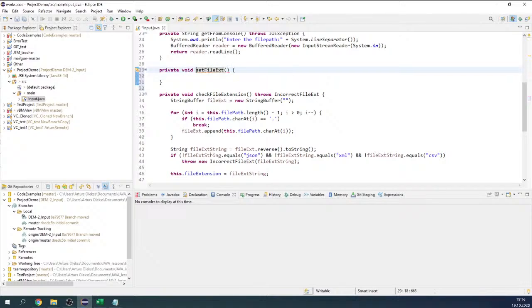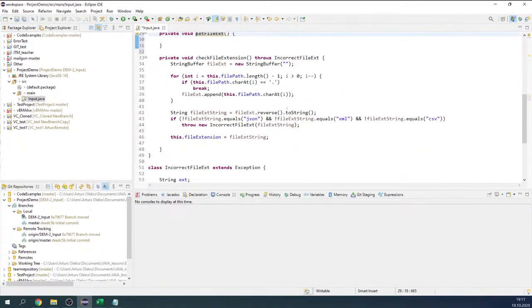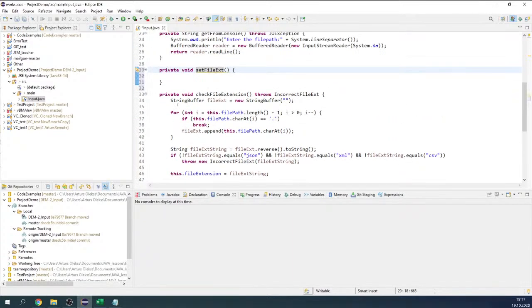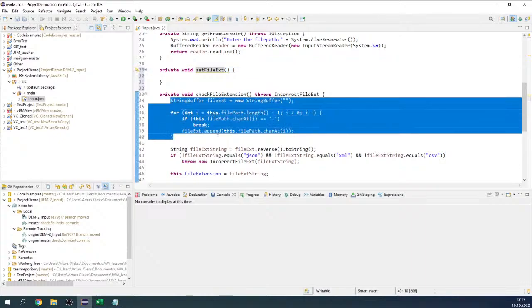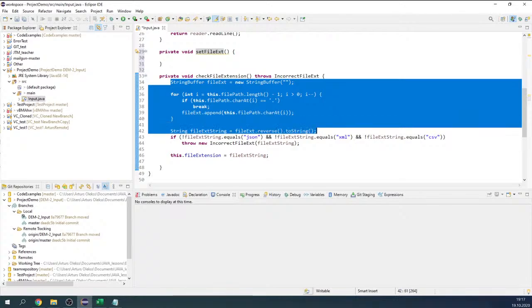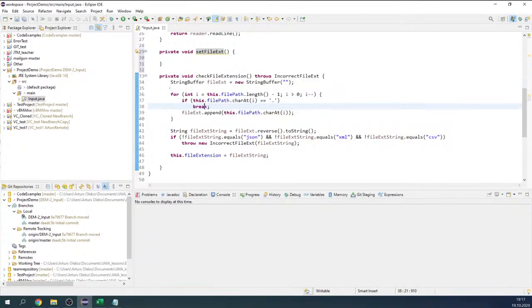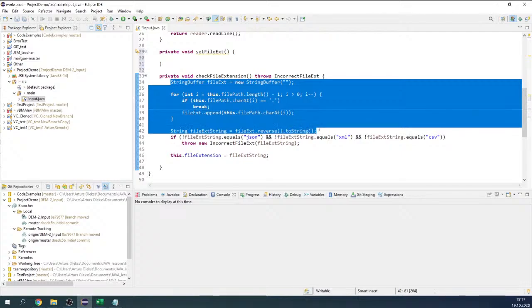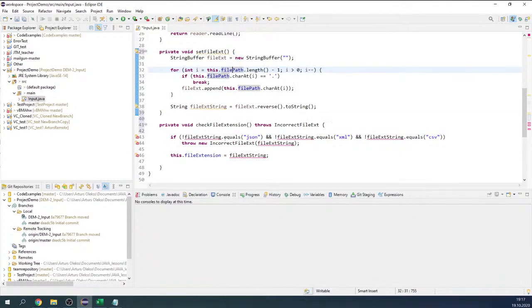Because I don't like that we set something in the method check. That's not really a good approach. And just to correct it, we can move some logic here. We can move some logic here,